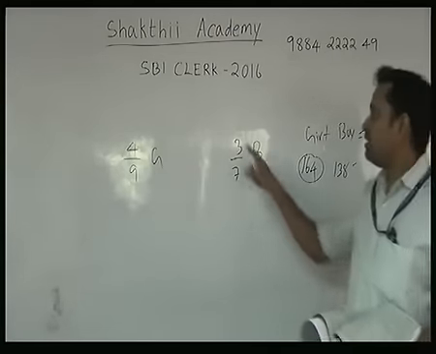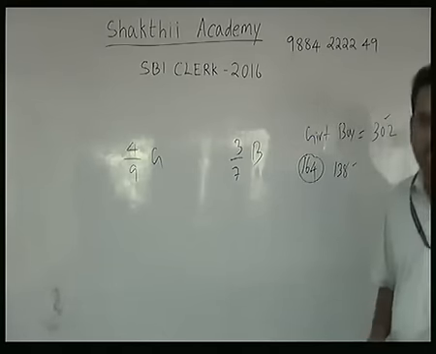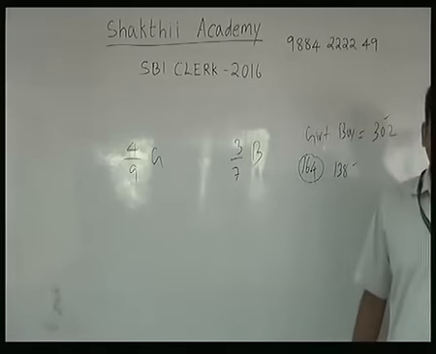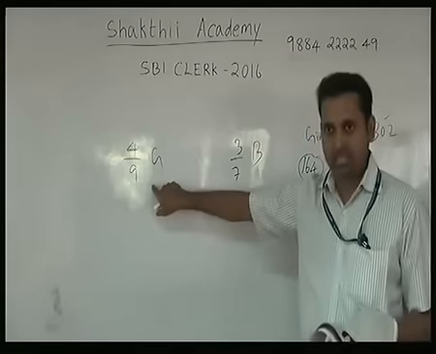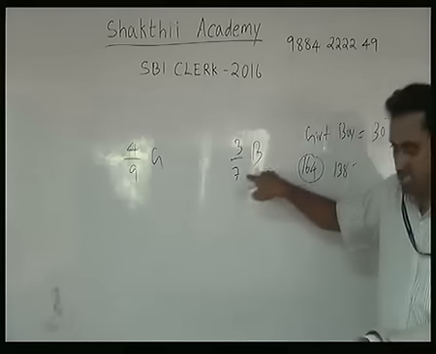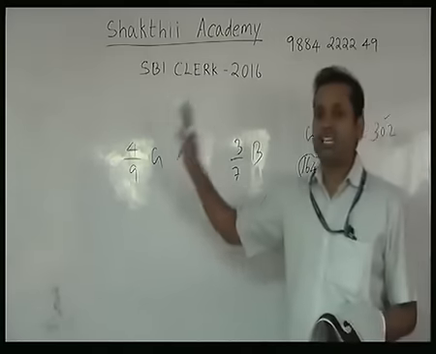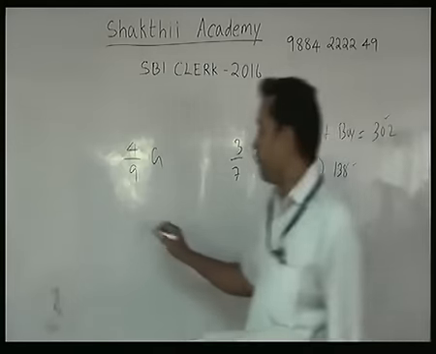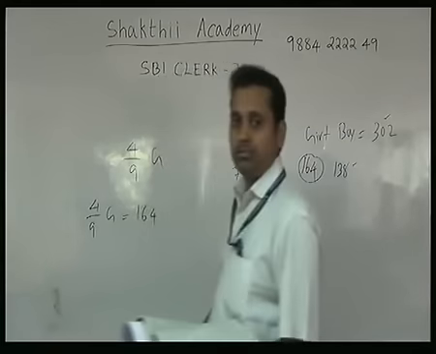And similarly, 3/7 of the boys participating is equal to 138. Correct or not? Actually, what is the question they are asking? What is the total number of students in the primary school? That means using this information, when I substitute, I will get the number of girls. Using this information, when I substitute, I will get the number of boys. Because I know 4/9 of the girls are participating, and I know exactly how many girls are participating: 164. That means 4/9 of girls equal to 164.